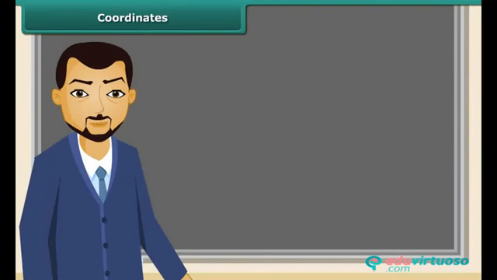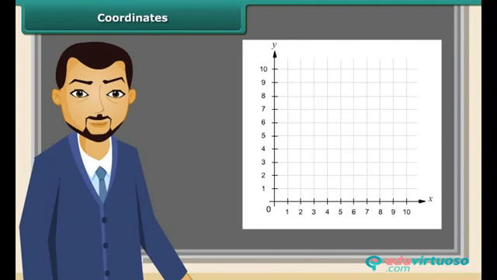Coordinates. Locate the seat in your class. For this you need to know two numbers, that is the row number and the column number. For example, (3, 2), which is 3 units from the left edge and 2 units from the bottom edge, is plotted